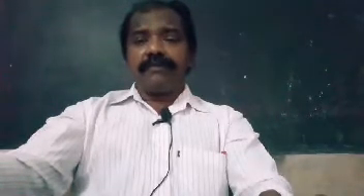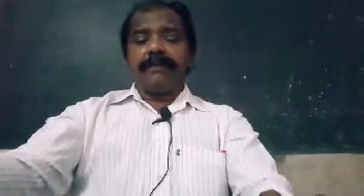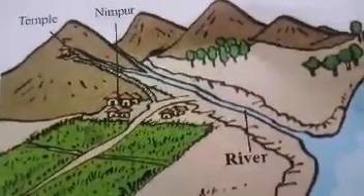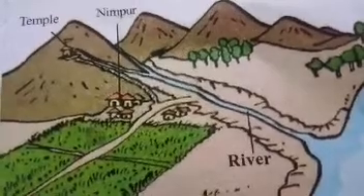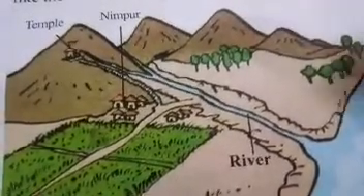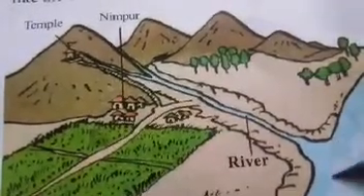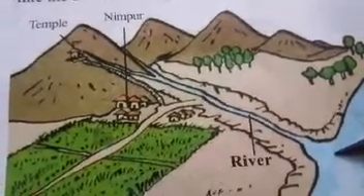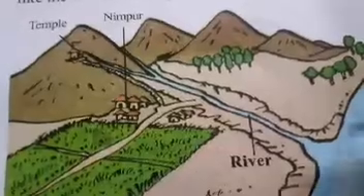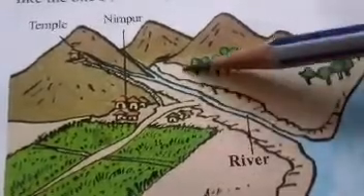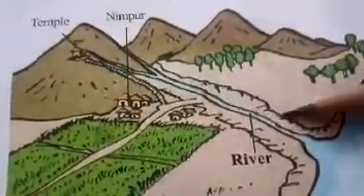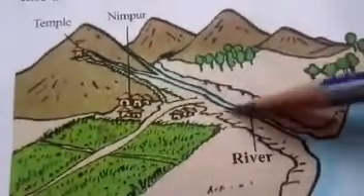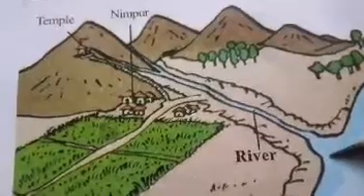And look here in your textbook. Here you can see the picture of a village. So here is the picture you have in your textbook. And in the picture you see this area, this blue color area is sea level. Seas are there. And a blue line you see, which is coming from the top regions, the mountainous parts. This is a river.